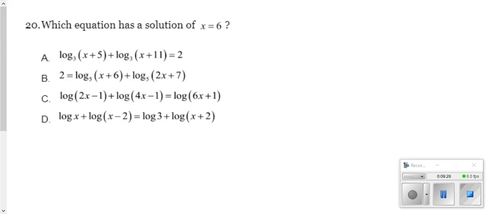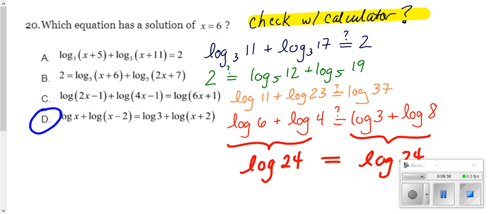And problem 20. Which equation has a solution of 6? I honestly would just substitute it in. I'm just saying that's an awful lot of equations to solve. So you can see here that I just plugged in a 6 and I wrote out what I got each time. And when I got to D, I was super excited because even though it might not at first glance look like log of 6 plus log of 4 has to equal log of 3 plus log of 8,